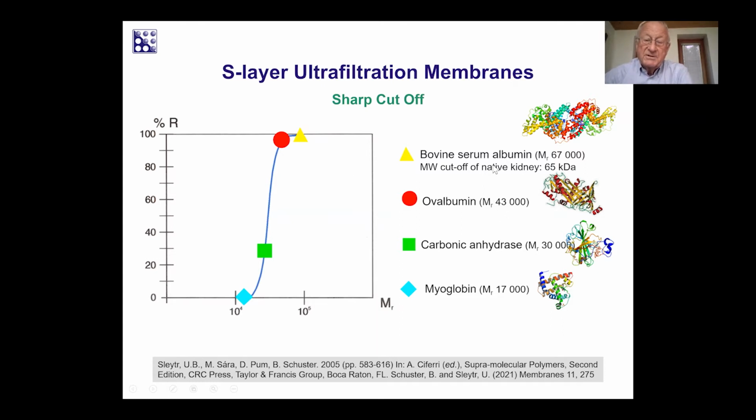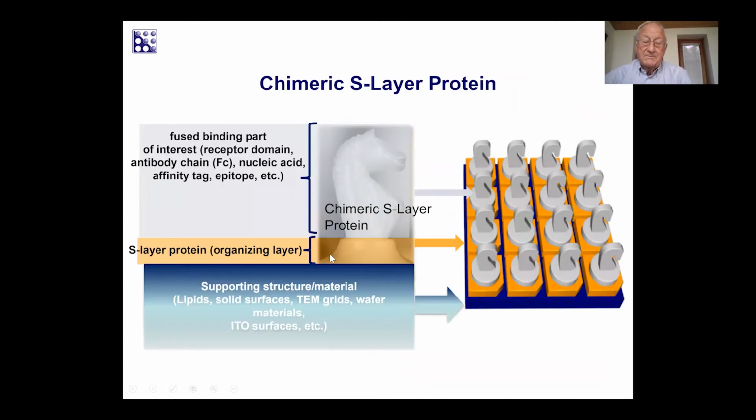It's, by the way, very interesting because the cutoff is very similar to native kidneys, which is 65 kilodalton. The ovalbumin is retained to almost 95%, and the carbonic anhydrase, the 30,000, easily penetrates through the membrane. It's retained almost 30%. So this shows that apparently the molecule requires a certain orientation for passing through this pore. Please remember at this point the black lizards in the picture by Escher, and of course the